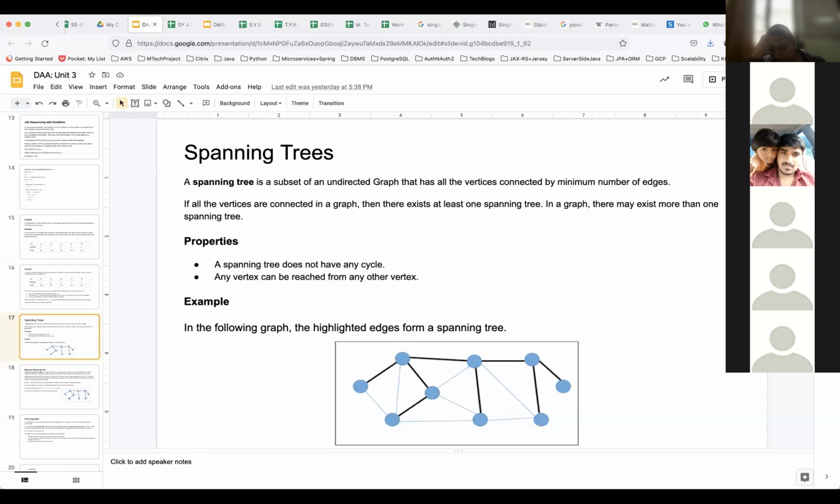So we are dealing now with greedy algorithms, in that knapsack problem and job sequencing with deadlines. We already have seen examples. There is some problem with the algorithm for job sequencing that I'm going through, so we will discuss it later. For now, we will move towards the next part, that is